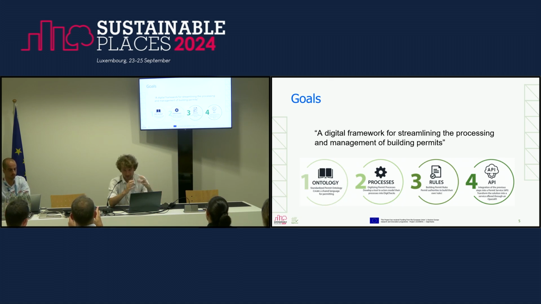And the idea is that we have this top-level ontology that's able to hold for the permit part. Then this maps into the processes, so we want to allow the actors involved in the building process to devise their processes, and we also want to allow the authorities to build their rules, so to submit their rules to the platform and allow the other actors to say, okay, I want to apply for a permit in, for example, for ecological reasons. And then everything fits in the API.